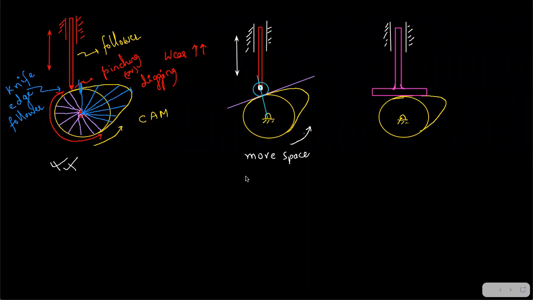And the motion is happening upwards. So these two components I'll mention here. One is this upward component and the other is this horizontal component. You imagine that those two are being applied at this pin, at the pin itself. Fine. So I'll just show it clearly. One is upwards. Upwards is not a problem because it will help the motion of the follower. It is the reason of motion of the follower.